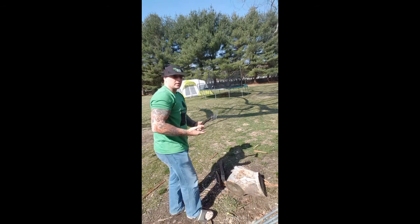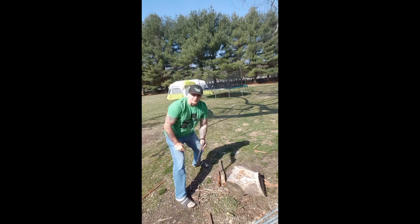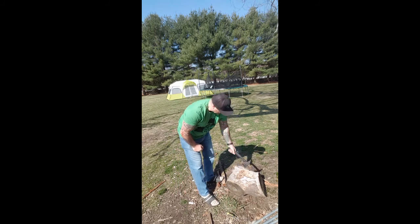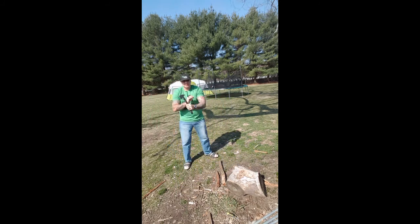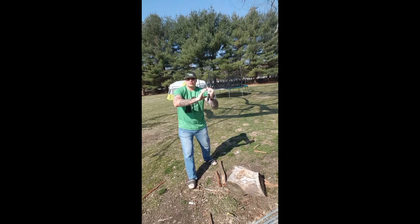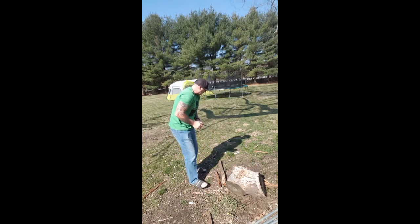Okay, so here we are at a familiar site. A familiar site of me throwing something that doesn't stick. There we go. So what do we have here? We have just a badass piece of fighting tool, right? This thing is just awesome. It can be used in so many different ways. And right now we're gonna use it for